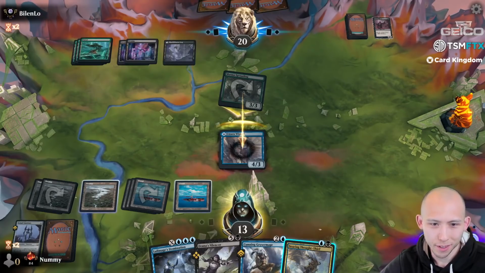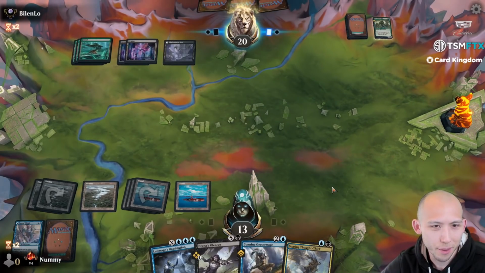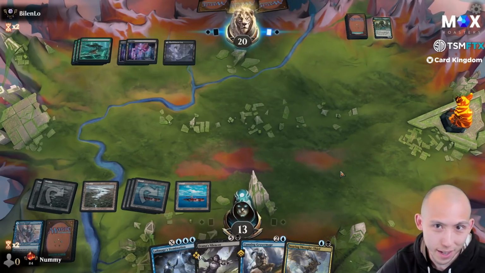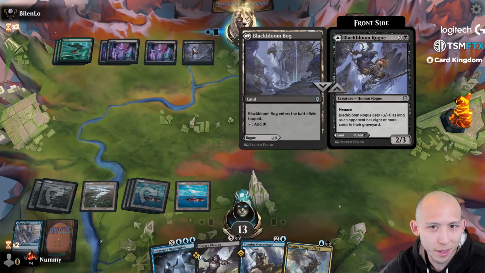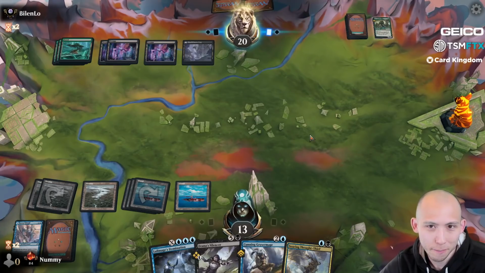I don't know if all these trades are correct, but we have so many more cards than them, and 2-for-1s. They keep looking at their graveyard, though, which tells me they have some kind of graveyard recursion, and I don't know what it is. But they played out the Rogue as a land, and then now they have 7 lands on the battlefield, so...